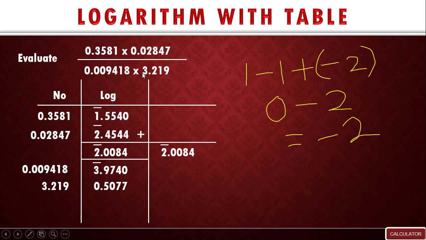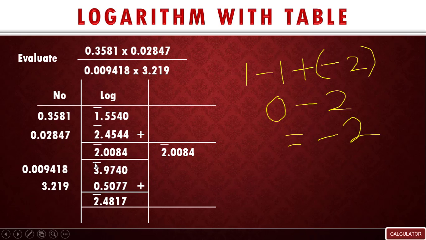Because they have times in between them, these both numbers, let's obey that. That means we're going to add them together, and adding them together we'll have this result. 0 plus 7 is going to give us 7. 4 plus 7 will give 11. We write 1 and we carry the 1 to the next stage. So that 1 that we carried plus this 7 will give us 8. 8 plus 0 is still 8. Then the next thing is 9 plus 5, that will give us 14. So we write the 4, carry 1, then 1